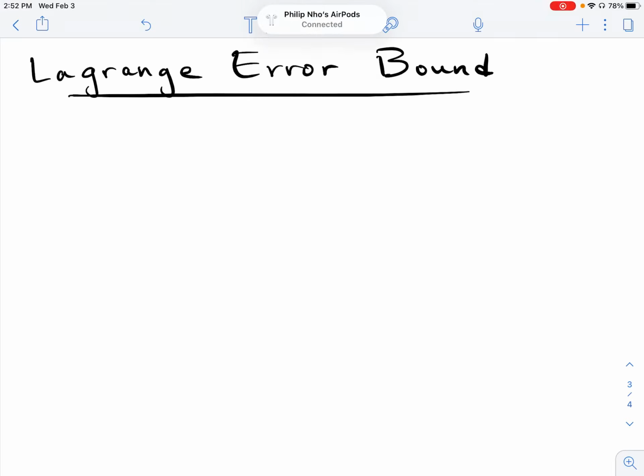So far, we've looked at how to find the error of a convergent alternating series using the alternating series error bound. Now, that begs the question, well, what do we do for other types of series that are not alternating? And the answer will be to calculate what we call its Lagrange error bound. But before I talk about the Lagrange error bound, let's take a step back and revisit our conversation on